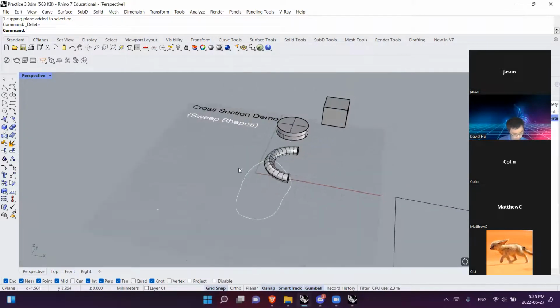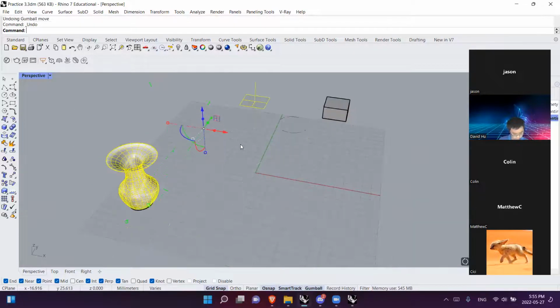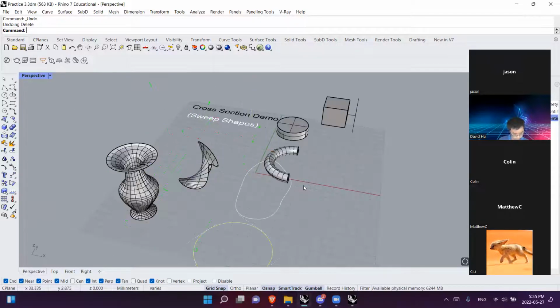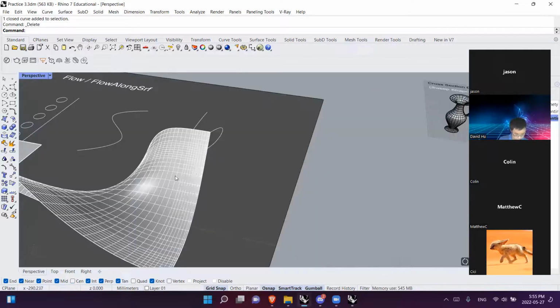Okay, does anyone have any questions with cross sections? I'm just going to put everything back. Okay, there we go. Anyone have any questions or concerns or anything? Okay, going once. Okay, I'm going to skip